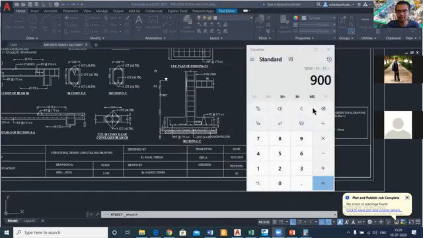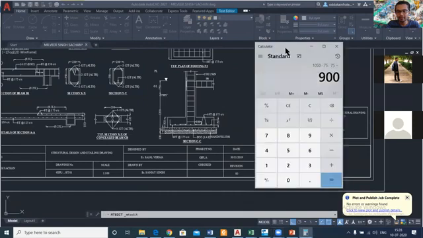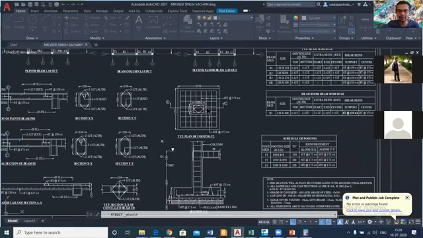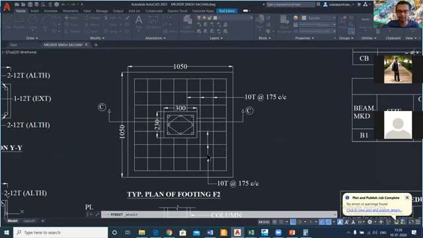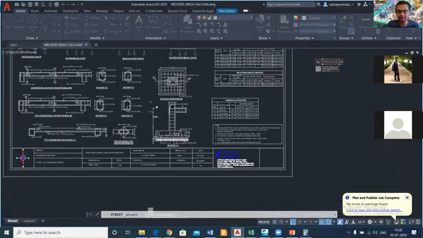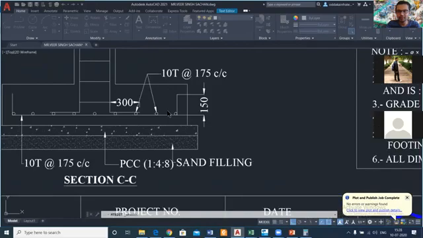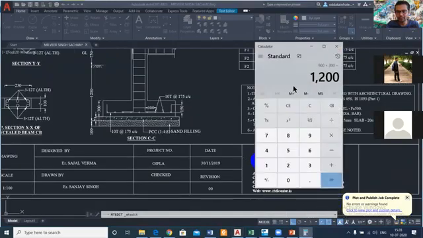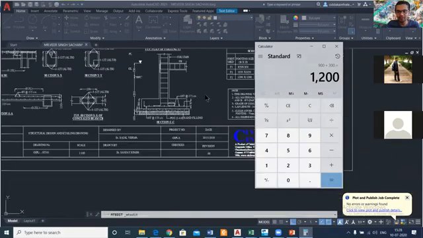Okay, thanks. So this is 900, and after that we'll just add this 150 and 150, which is total 300. So total 300 will add. So this is the total length of one particular reinforcement. How did we calculate this? We just calculated this using the total length of the footing minus the clear cover of the two sides, and then we took into account the length which will go in the L shape. So this total length we are getting is 1200.